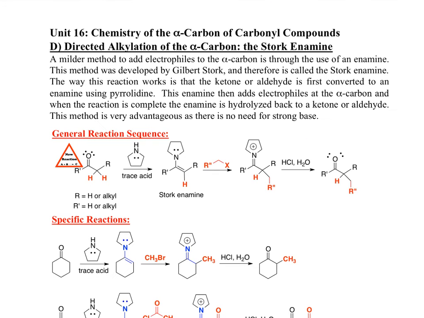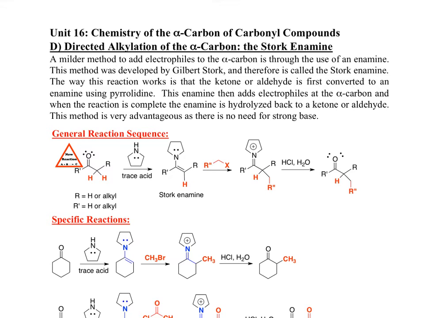A milder way to add alkyl groups to the alpha carbon is through the use of enamines, and specifically what's known as the Stork enamine. It's named after Gilbert Stork, who used this type of chemistry to alkylate the alpha carbon to carbonyls. It's a much milder way to do this chemistry because we don't have to use strong base to undertake the